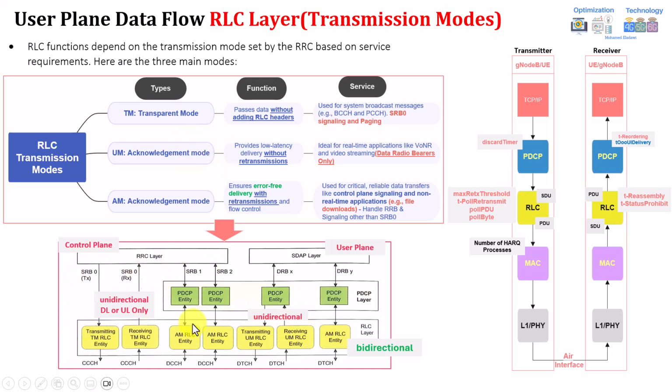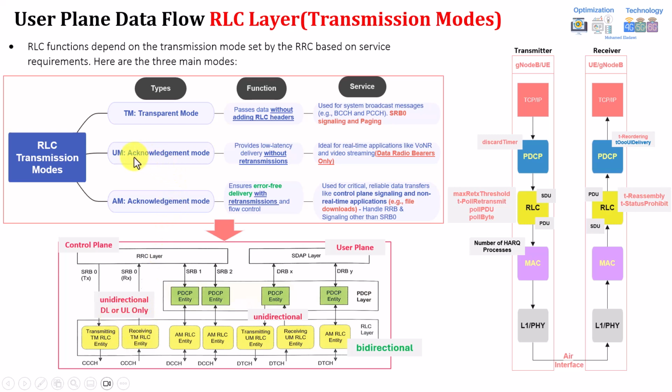If you look at the figure in the bottom left here, there is a control plane, as highlighted before, and a user plane. The control plane will use SRB0, as highlighted, through transparent mode, and this is the transparent mode here. In transparent mode, it acts as unidirectional. You should have one entity for transmitting and one entity for receiving. We don't have the same entity doing uplink and downlink. The same entity will mainly be used in AM mode, as we'll highlight shortly as well. So if you see it anywhere, TM mode is unidirectional for downlink and uplink transmission.